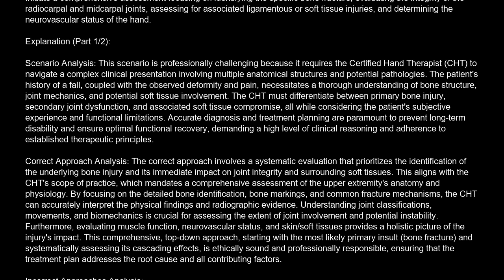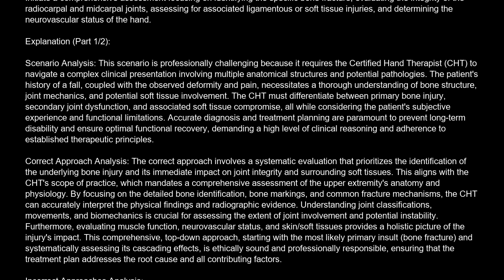Correct approach analysis. The correct approach involves a systematic evaluation that prioritizes the identification of the underlying bone injury and its immediate impact on joint integrity and surrounding soft tissues. This aligns with the CHT's scope of practice, which mandates a comprehensive assessment of the upper extremity's anatomy and physiology. By focusing on the detailed bone identification, bone markings, and common fracture mechanisms, the CHT can accurately interpret the physical findings and radiographic evidence. Understanding joint classifications, movements, and biomechanics is crucial for assessing the extent of joint involvement and